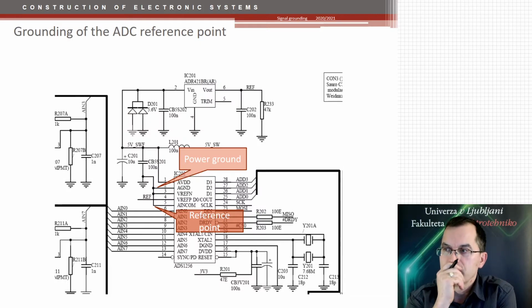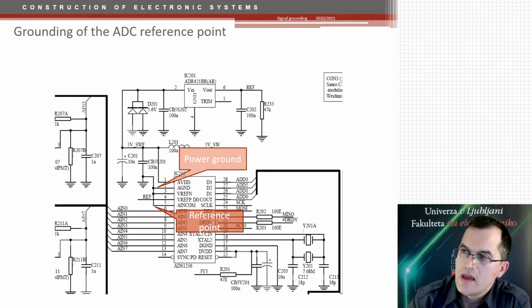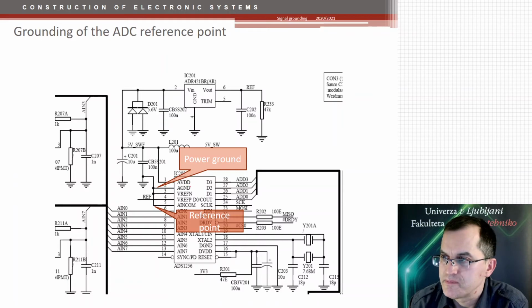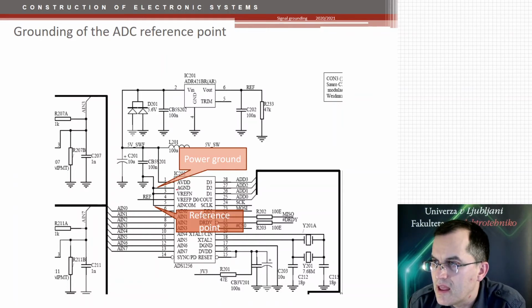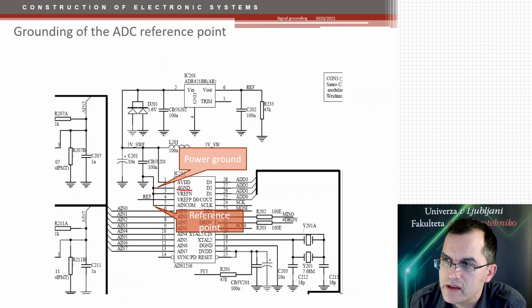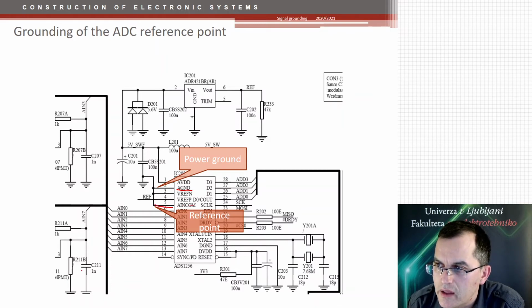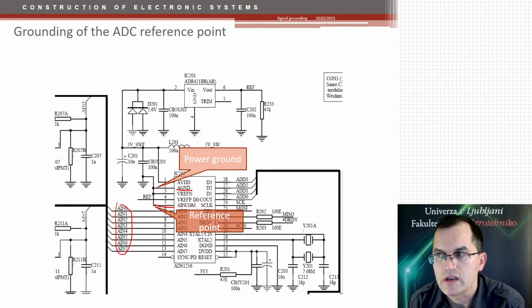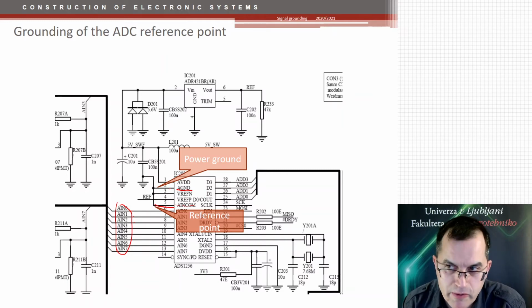Let me show another example. This is an example of an A to D converter. Most A to D converters have separate grounds for power supply and for signal. Here they are denoted by AGND and DGND. This is the power supply ground, see? And the analog input common. This is the analog input ground. So all the signals that are routed here in this area are actually referenced to this analog input ground. That means that the A to D converter actually measures all these voltages with respect to this pin number 5. Pin number 2 is just power supply ground. So these two